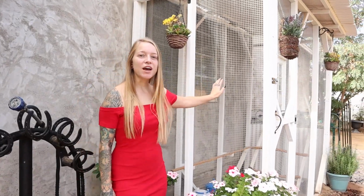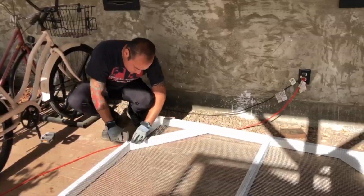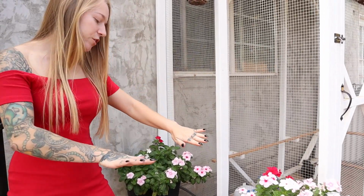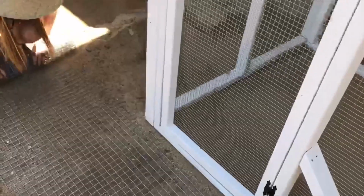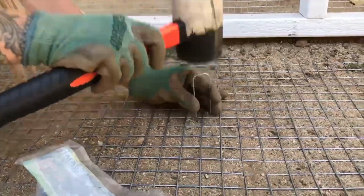We wanted our babies to be extra safe out here because it is outside, so we went with hardware cloth, hardwire mesh, instead of chicken wire because it is stronger and it's safer. And then we actually laid it on the ground out a couple feet. We skirted it out, and then we put our mulch on top of that so a digging predator cannot get